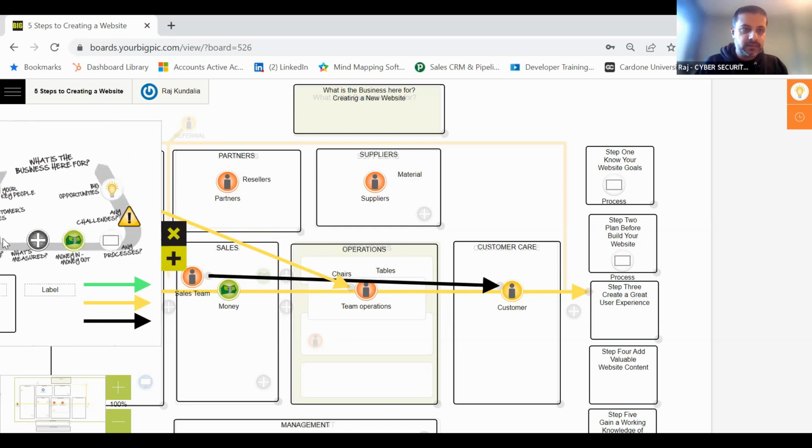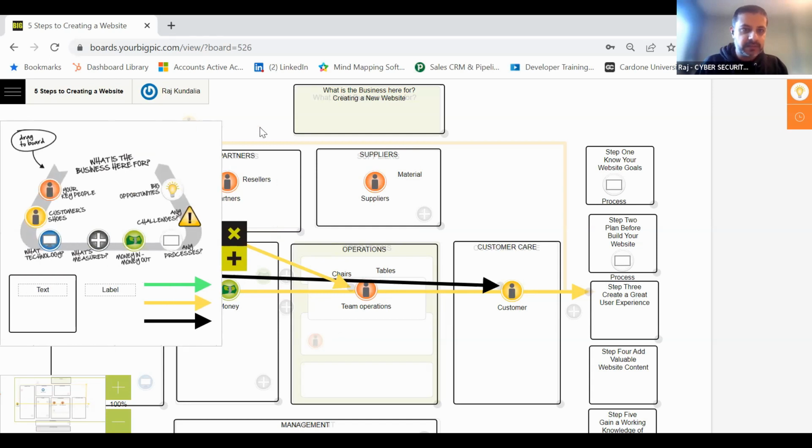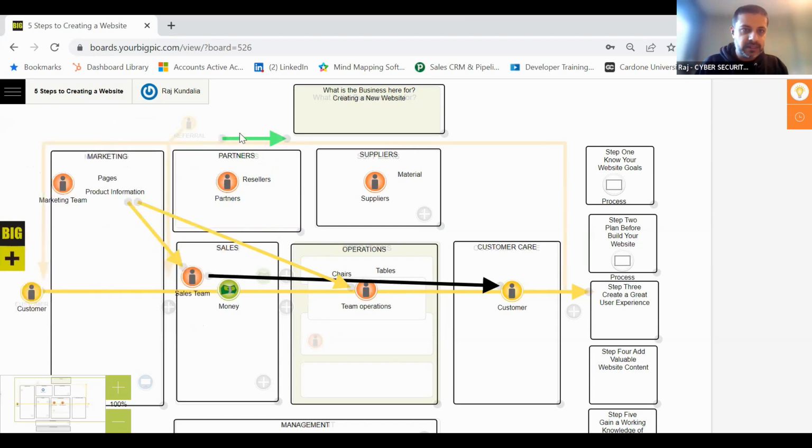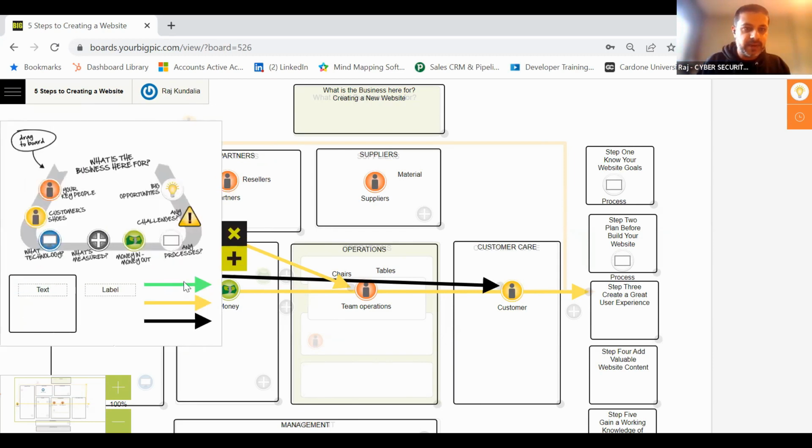Again, you can see now from a marketing perspective, if we've got resellers, they probably need the same information that's on our website. What products are we selling? From a page perspective, are we going to have a reseller page that these users can sign up to? So if we were to draw back another arrow,